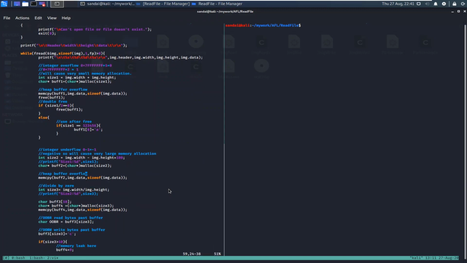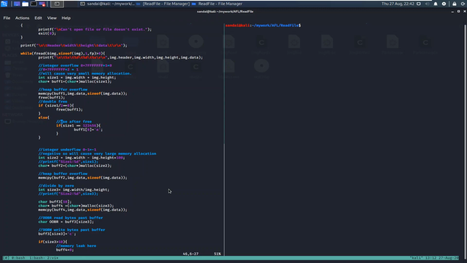And then I have added some classic buffer overflow checks. As I discussed, if the buffer is very small, less than 10 bytes, since image data is 10 bytes, when you copy that, it will cause a heap buffer overflow. And then I have one double free condition which I discussed yesterday. It is checking if size is divided by 2. If it's an even number, it will free buffer 1 again. As you can see, I have already freed buffer 1, and if size is even, it will free the buffer again. Since the memory is already freed, if you try to free it again, this will be an issue for the program.